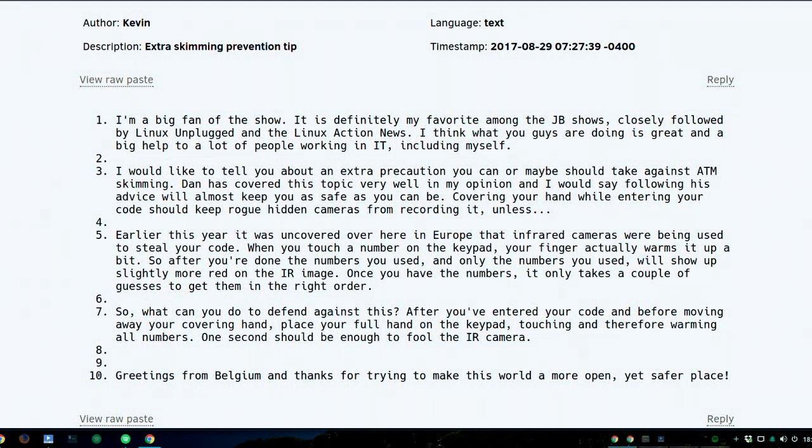Extra skimming prevention. Here's a tip. Hey guys, I'm a big fan of the show. It's definitely my favorite among the JB shows, closely followed by Linux Unplugged and the Linux Action News. Hey, thanks, Kevin. We really appreciate that. I think what you guys are doing is great, and it's a big help to a lot of people working